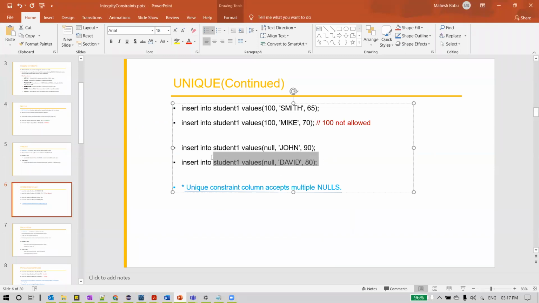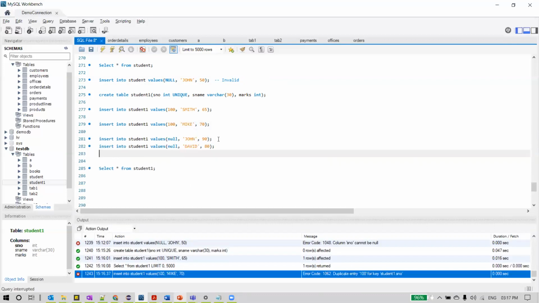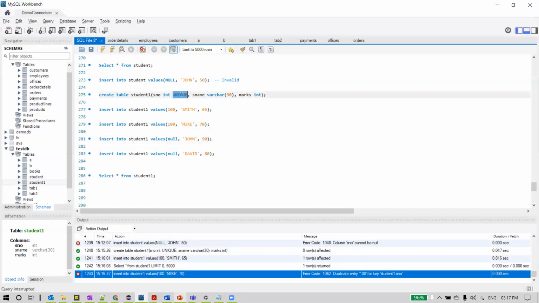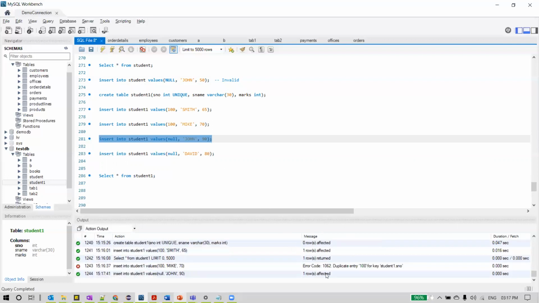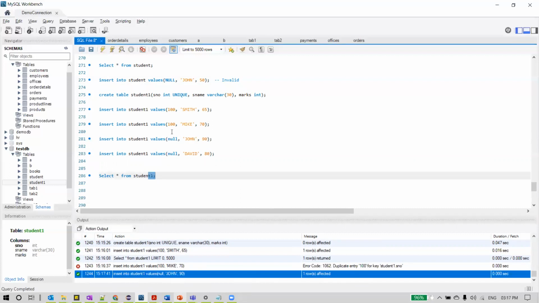And we can have null values. Remember, we can have null values. Even though my column is defined as unique, I can have null values and I can have more than one null as well. Let us execute this statement now. So you can see this query got executed successfully, and we can see the data as well.